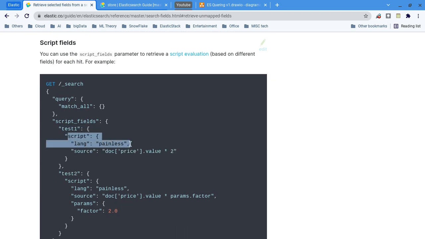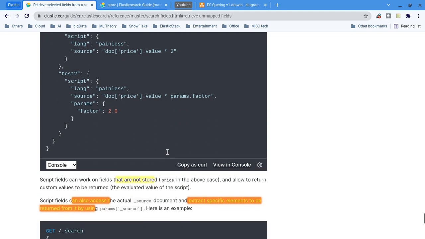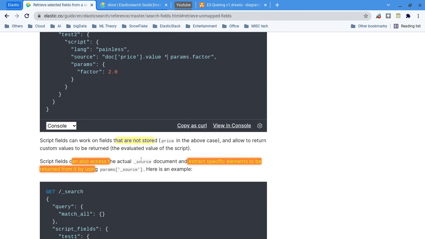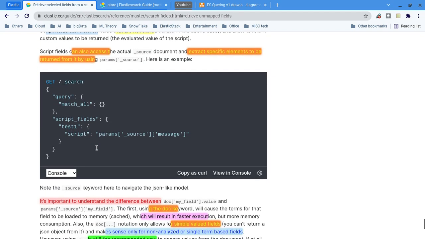Everything except the script is plain painless language. Actually, this is what a script is. It's executed on every value. So the scripted field is not stored anywhere, and it's a custom value. That means it's available only in the search context. Technically, if you ask me, it is only available in search context, even like runtime mapping. We can access the field in this way also, param message, something like that, but